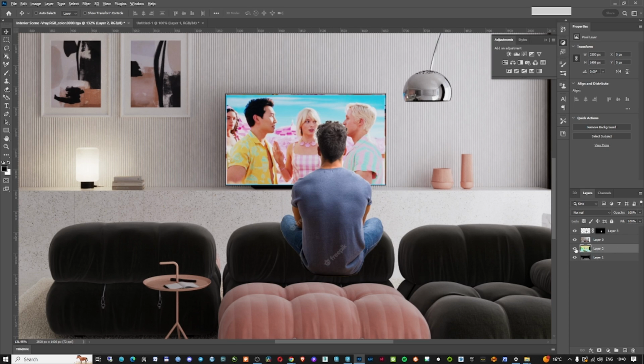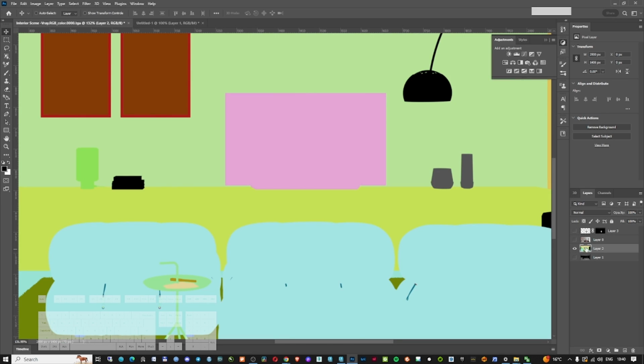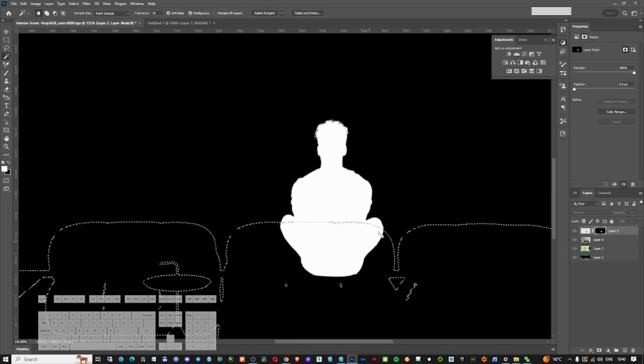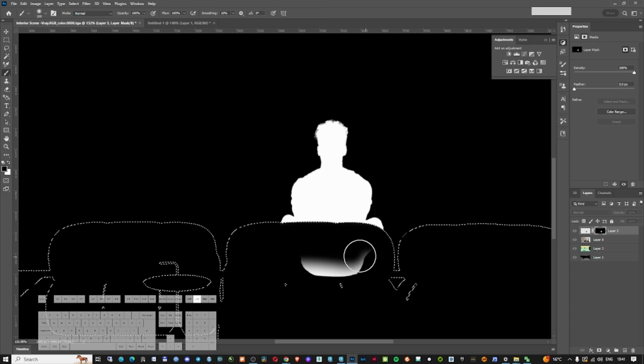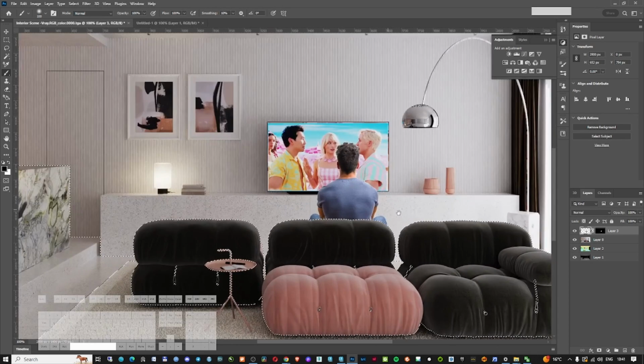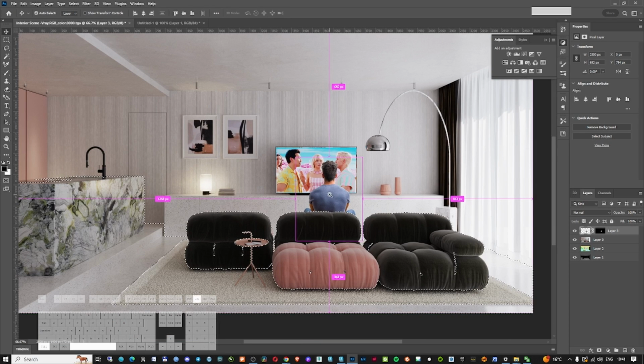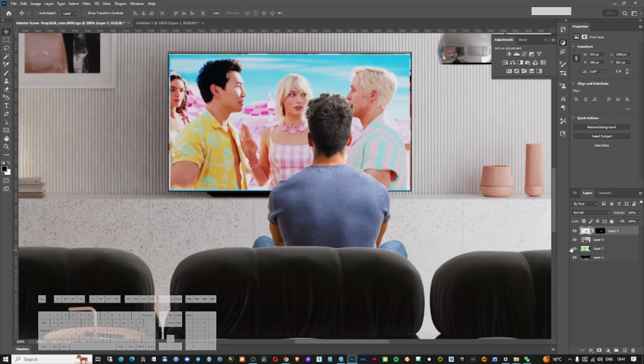I'm just going to, with Alt and left click, open this and make a selection with the quick selection or with the magic wand. Click on the sofa and then, with Alt, click on the eye to go back to my layer, and I can just make this part black. So in this way, my guy is going to be on the other side. You can see this is good. The light is coming from this way, which is very good. Maybe the guy is a little bit too tall, but we can fix that also by taking out this,